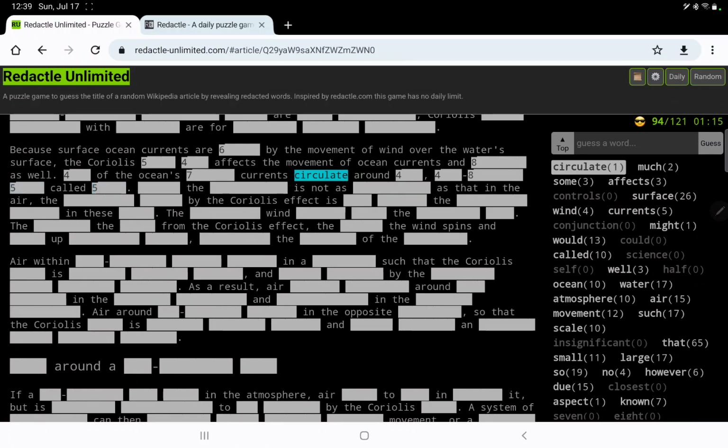Something 485 called 5. So not because, but 6, the 11 is not as 11 as that in the air. The something 6, 10-6 by the Coriolis effect is